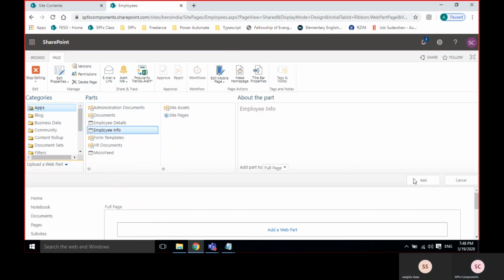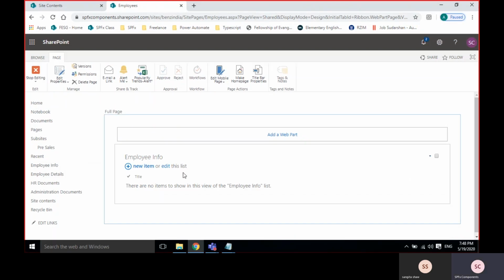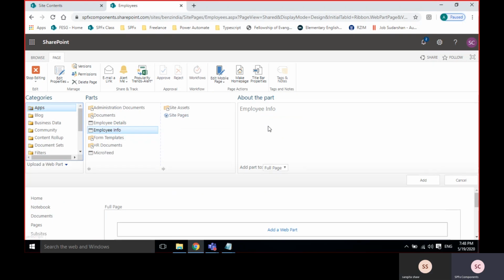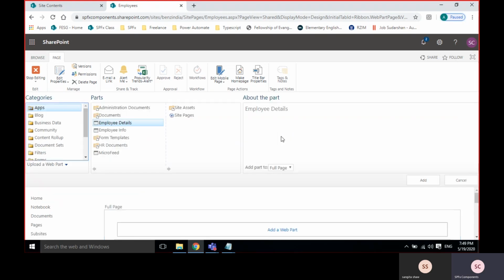I'm just adding. See, if the data is there, it shows to you. Maybe I'll add one more, employee details. Add. There are no records. HR documents.